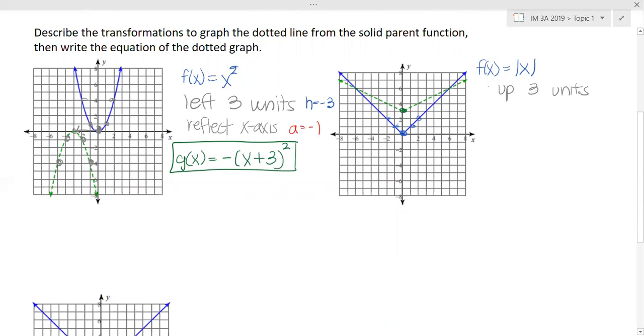It's still facing the same direction, but notice that the pattern has changed. So when I go out 1, I'm only going up 1/2. Out 1, up 1/2. Out 1, up 1/2. So notice that my pattern has gotten squished downward. That's a compression. Okay, so that means that I have a vertical compression